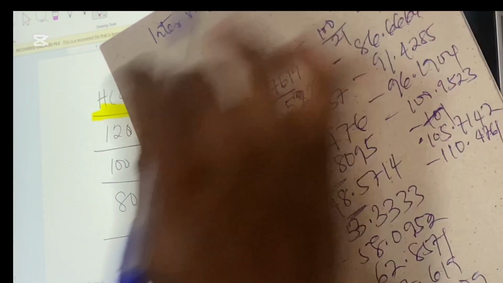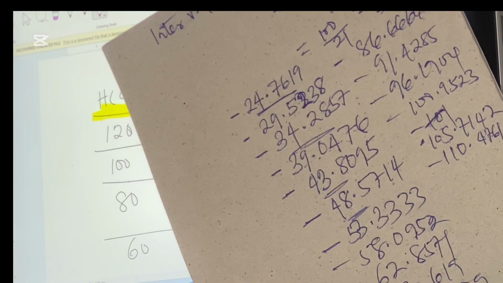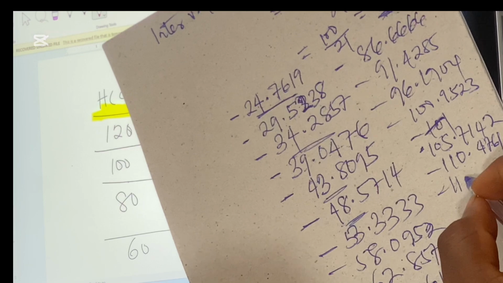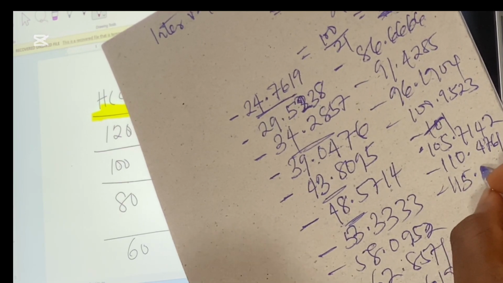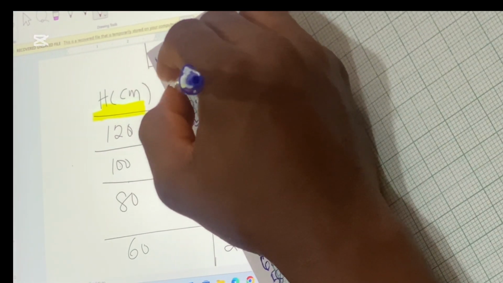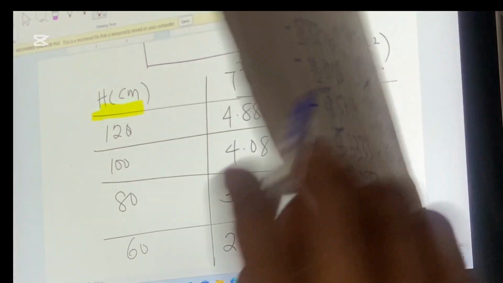Now the next one here is this plus this plus 4.7619. We have this to be 115.238. So approximate that, this will be 115.2. So the last one here